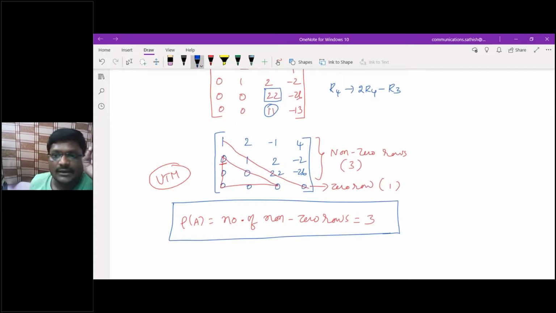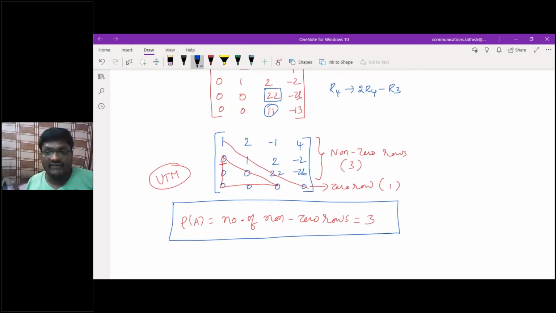If all the 2 by 2 sub matrix determinants are equal to 0, then only you need to consider 1 by 1 sub matrices. Except for the 0 matrix, all other remaining elements must have non-zero entries. So in that case, the rank of the matrix will be 1. Then row echelon form. Row echelon form means I need to reduce the given matrix into the upper triangular matrix, meaning below the diagonal elements I need to make it 0. While making the below-diagonal elements 0, I need to use row operations. That is the reason why I'm calling it row echelon form.